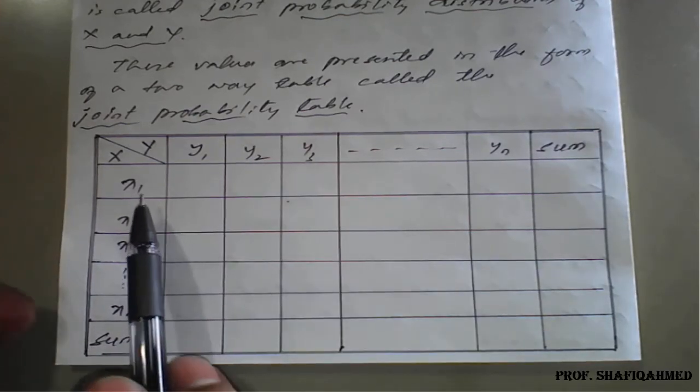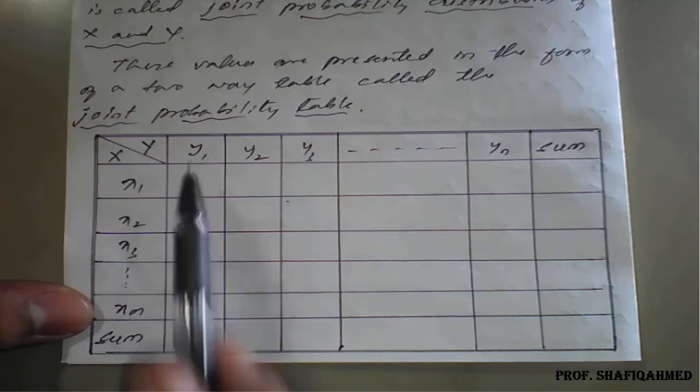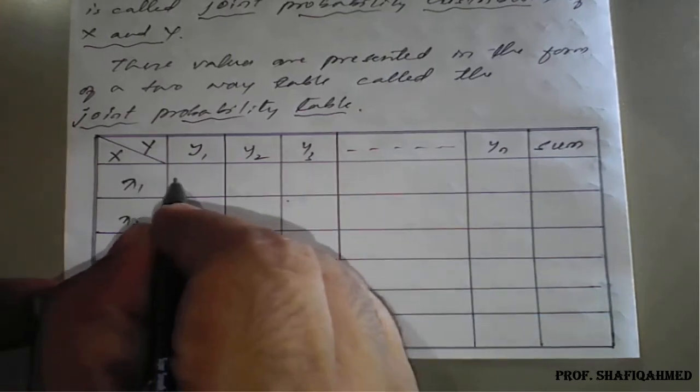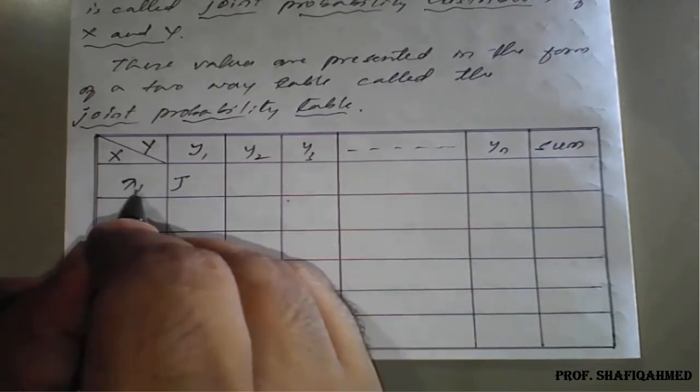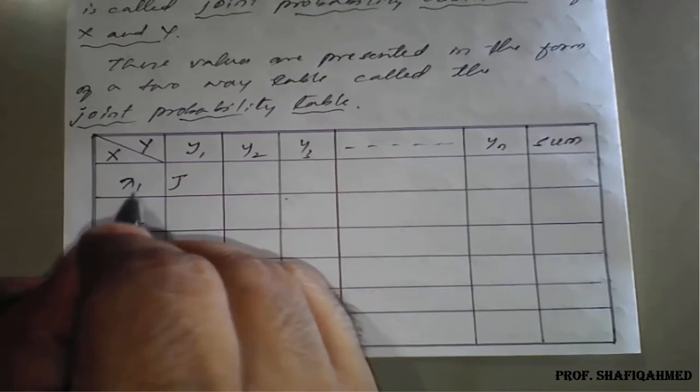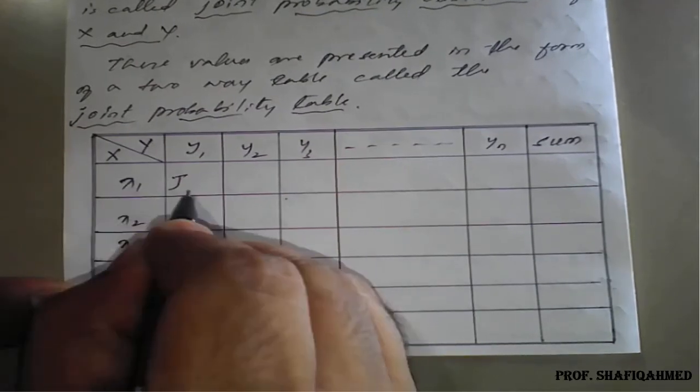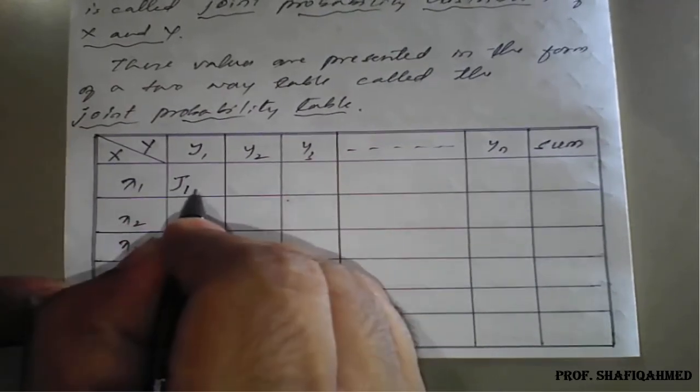So the value of x1 and y1 can be written jointly as J of 1 1,